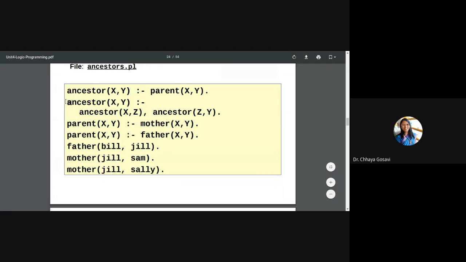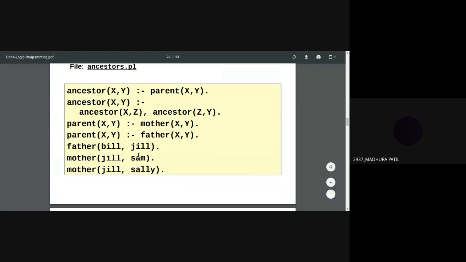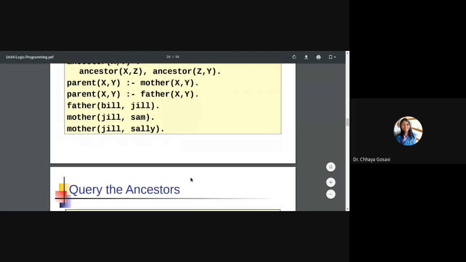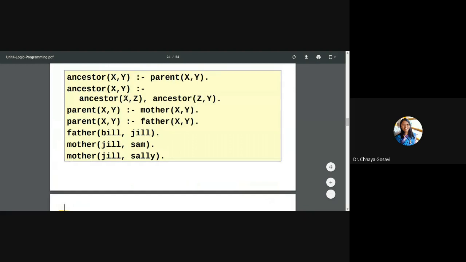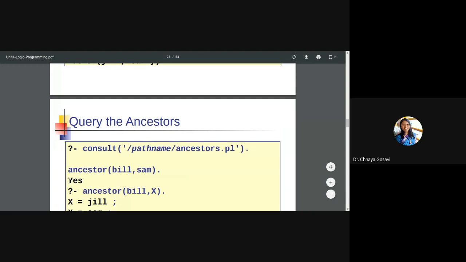So it will check the second rule, ancestor(X, Z) and ancestor(Z, Y). So we have to check whether Bill is ancestor of Sam. So we'll solve with this query, ancestor(Bill, Z). Bill is parent of whom? Bill is parent of Jill, and Jill is parent, or mother, of Sam. So Bill is ancestor of Sam. So it will return true.